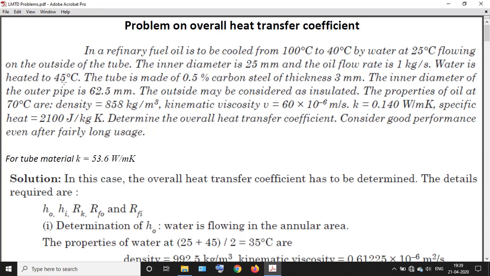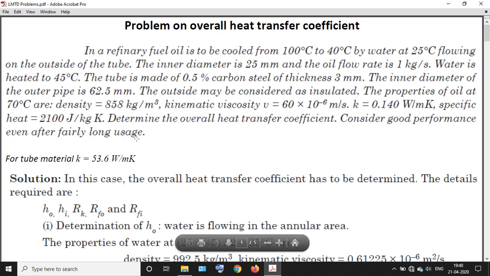Write down those temperatures. If possible, you can even draw a small construction diagram. Okay, alright. Now here they have asked to find the overall heat transfer coefficient U. So we know that the equation for U consists of terms including convection heat transfer coefficient Hi, the fouling factor Rf, the conduction resistance, the outer heat transfer coefficient HO.